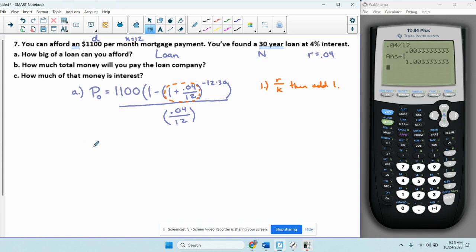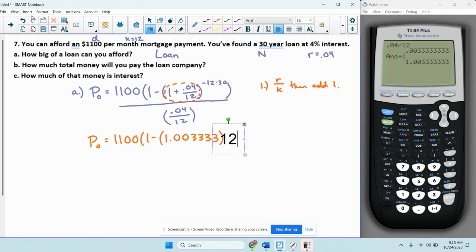So if I rewrite what I have, P sub 0 equals 1100 times 1 minus 1.00, and then I'm going to use the first 4 non-zero decimals. You can also figure out what this exponent's going to be. 12 times 30 is going to give me 360. So this is to the negative 360 power